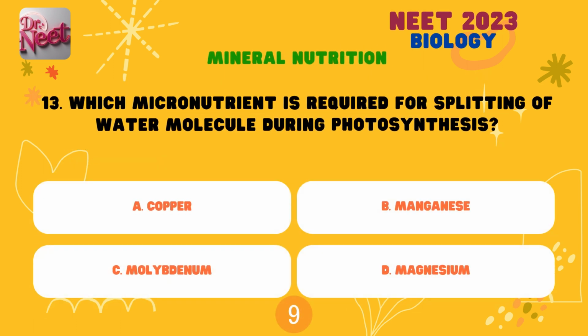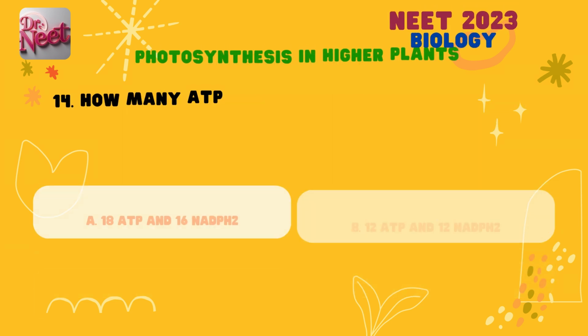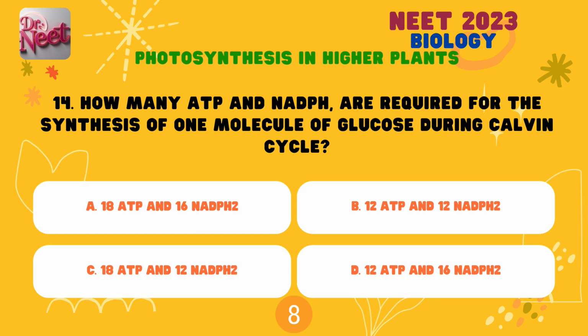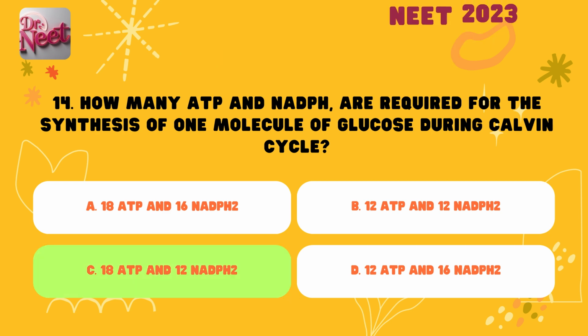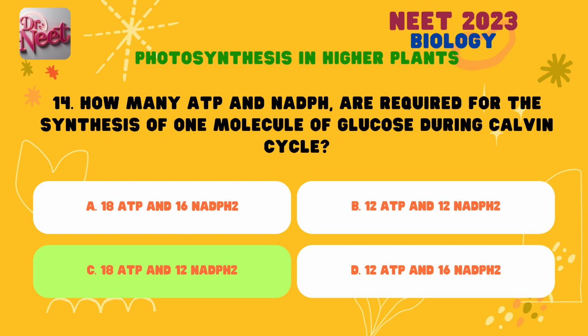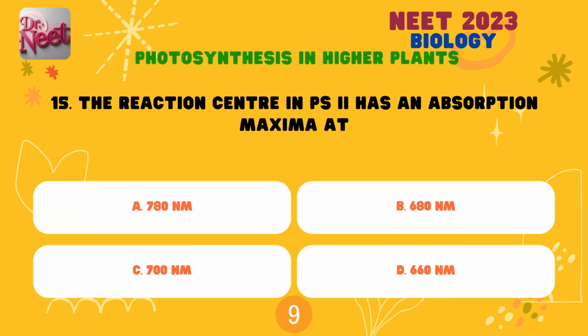Which micronutrient is required for splitting of water molecule during photosynthesis? How many ATP and NADP are required for the synthesis of one molecule of glucose during Calvin cycle? The reaction center in PS2 has an absorption maxima at